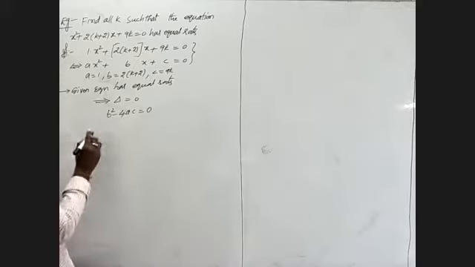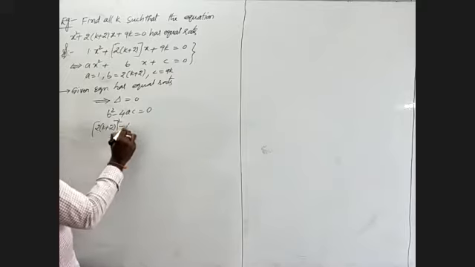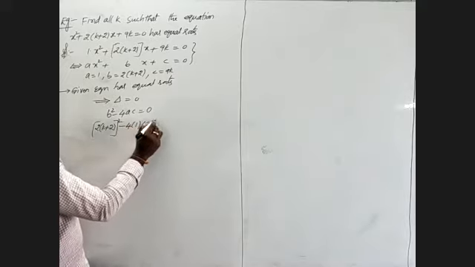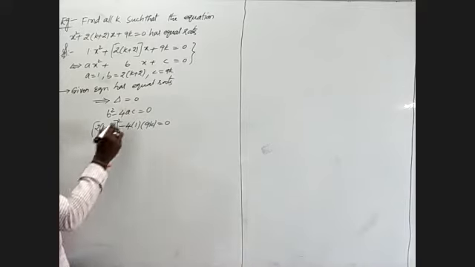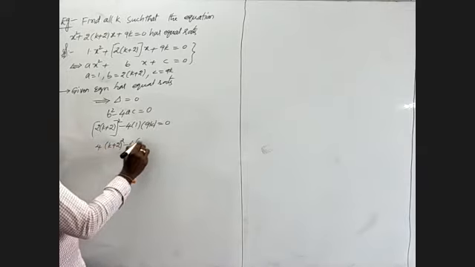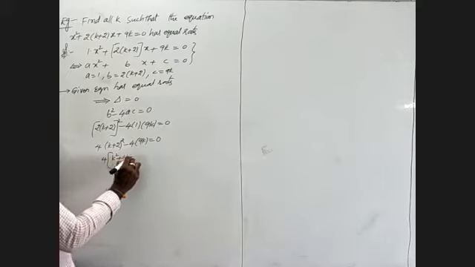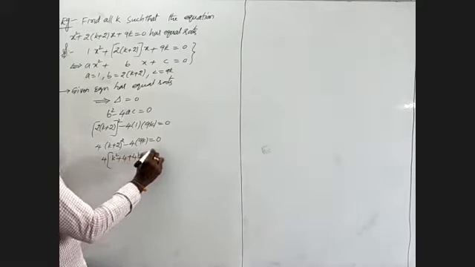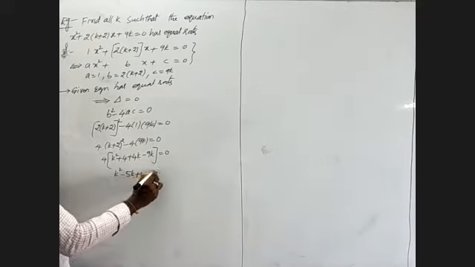Here what about the value of b? 2 into (k plus 2) whole square minus 4 into 1 into 9k is equal to 0. We will observe in this one. Again we have to expand. 2 square will write 4 into (k plus 2) whole square minus 4 into 9k is equal to 0. I will take 4 common for the remaining. We have to expand (k plus 2) whole square: k square plus 4k minus 9k is equal to 0. 0 by any value will become 0. Remaining we have to write k square minus 5k plus 4 is equal to 0.